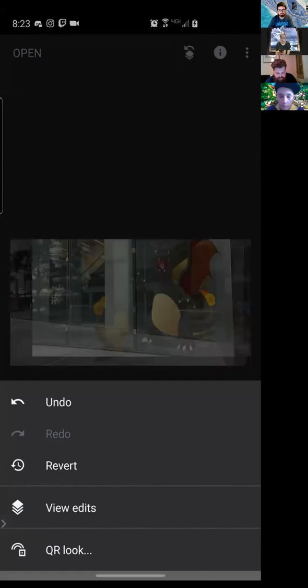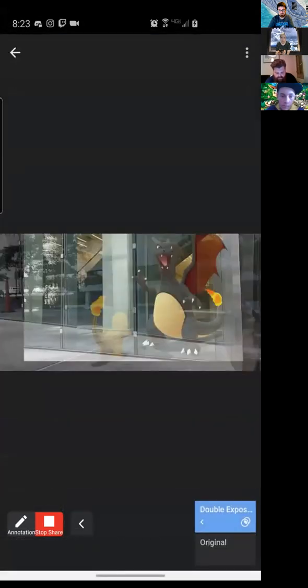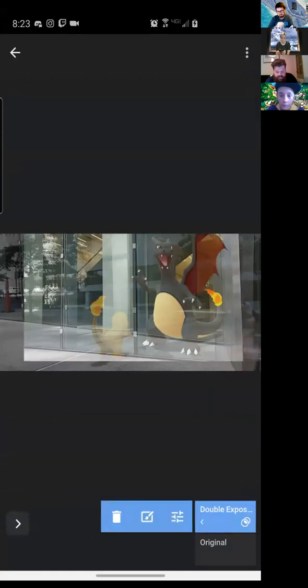It's going to bring up your view edits. Go to view edits. There we go. And you're going to see your double exposure edit there on the bottom right. You bring that up. And the edit stack allows you to edit all the things you've done. So